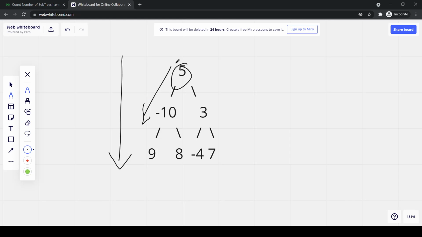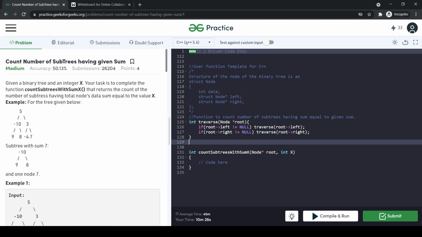From the root 5, it will check if it has any element in the left. If it has, then it will go down. Now in our stack we have 10, and for 10 it will check if it has any left element. Yes, it will go to 9, then come back to 10, and now it will go to the right, 8. So this will cover like that.